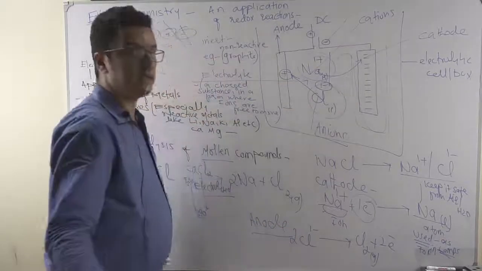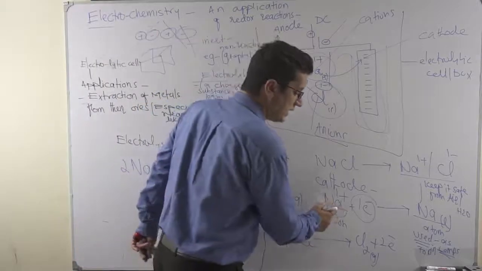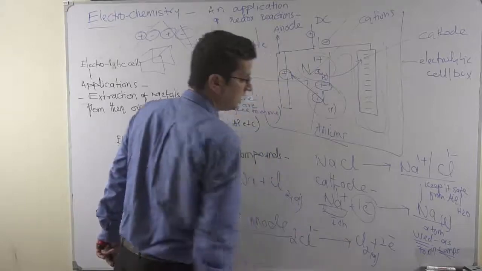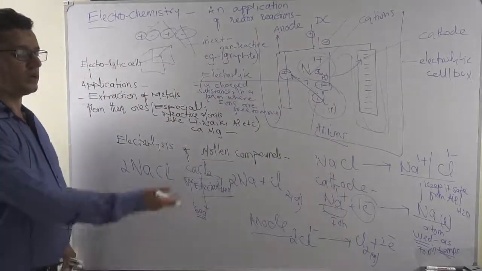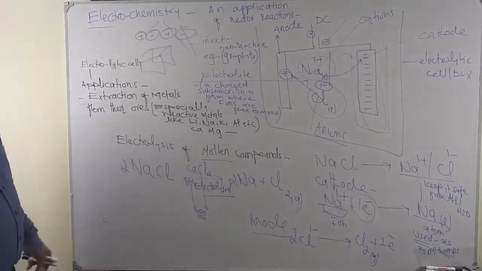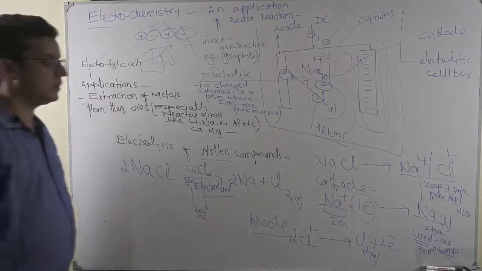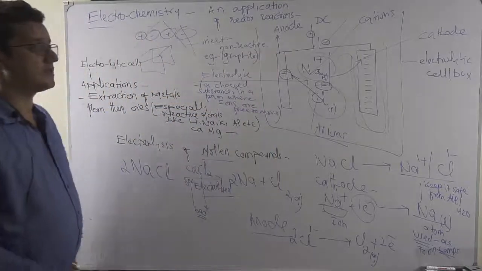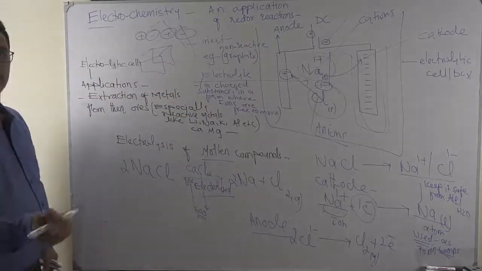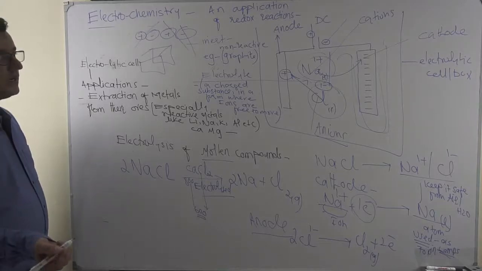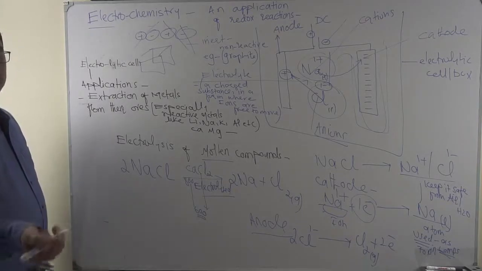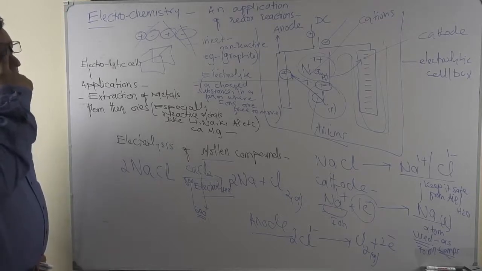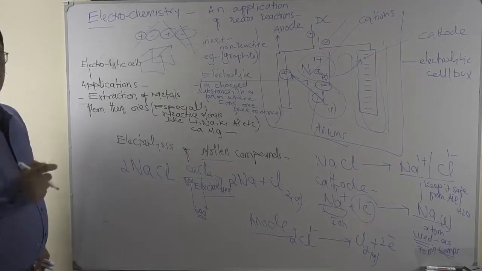You can notice it's an application of redox, because at the cathode gain of electron, that is reduction, occurs, and at the anode loss of electron, that is oxidation, occurs. So we have the chlorine gas at the anode. Again, there is a precaution at the anode: chlorine gas must be taken in airtight cylinders. Otherwise, any release is toxic, poisonous, deadly. Even with a little leakage, the birds flying above can die.